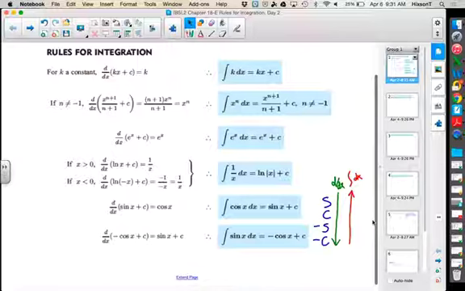I wanted to review them real quickly before we look at what we're going to look at today, and that is, let's say we know a derivative function, and we know one value of the original function, then what that allows us to do is actually solve for what that constant of integration is. Okay? For example,